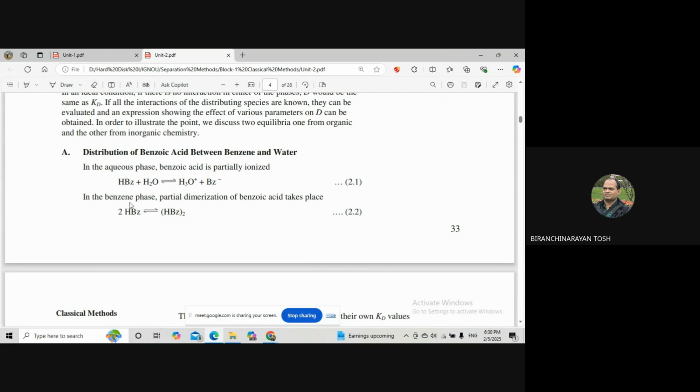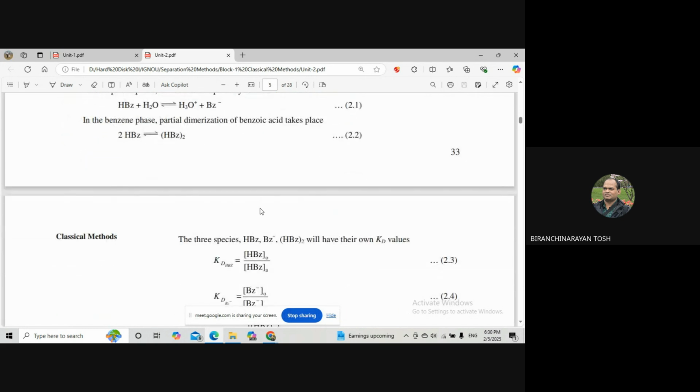Similarly, in the benzene phase, there will be partial dimerization. That means two benzoic acid molecules will combine to form the dimer. So equilibrium will be established like this. Therefore, the three species, that means benzoic acid, benzoate ion, and the dimer of benzoic acid, will have their own Kd value. To see the first one, the benzoic acid: that will be benzoic acid in the organic solvent divided by benzoic acid in aqueous. That is the actual term of